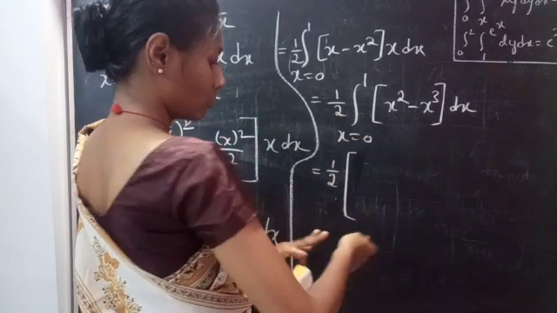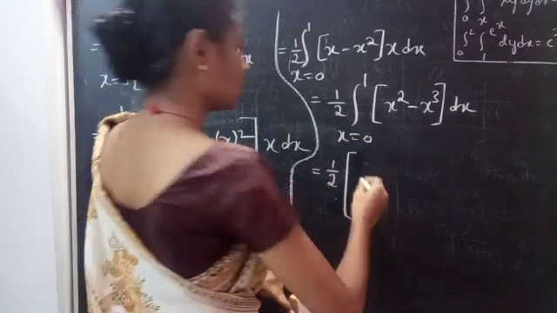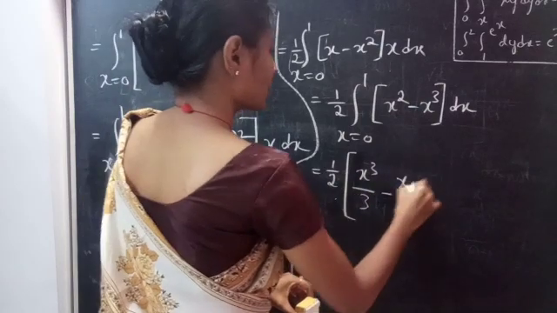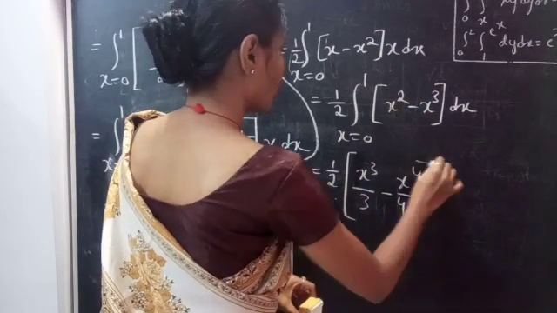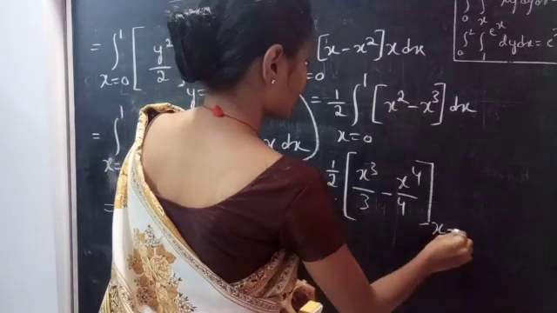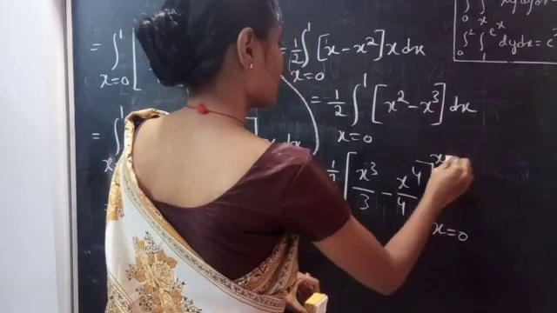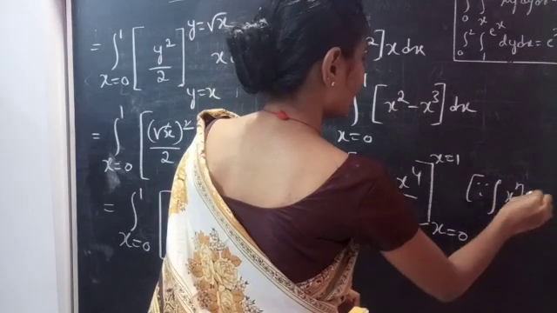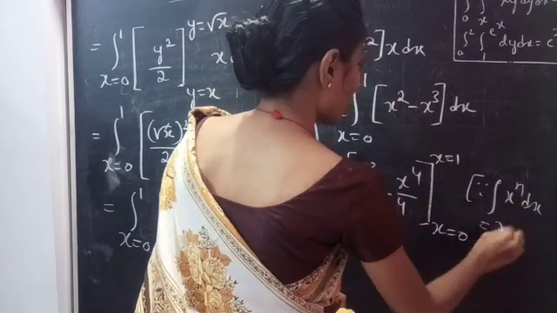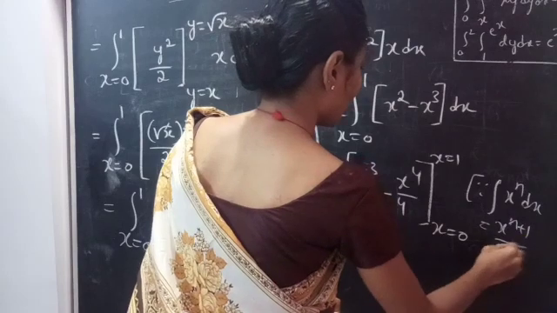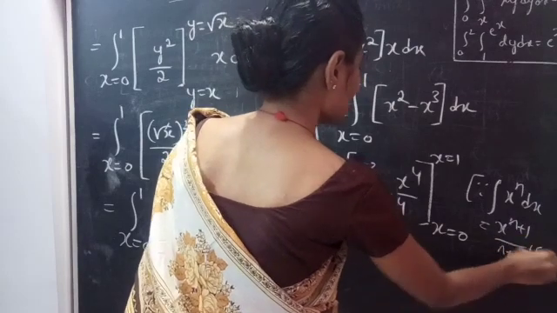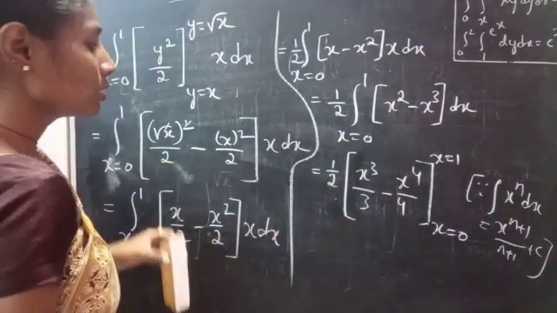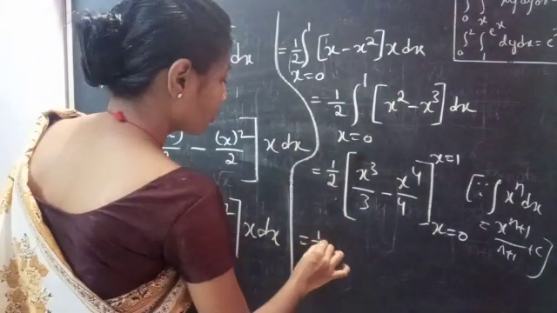x square. What is the integral of x square? x cube by 3 minus x power 4 by 4, under the limits x equals 0 to x equals 1, since the integral of x power n dx is equal to x power n plus 1 by n plus 1 plus c. You have used the formula here. Okay. So this is equal to